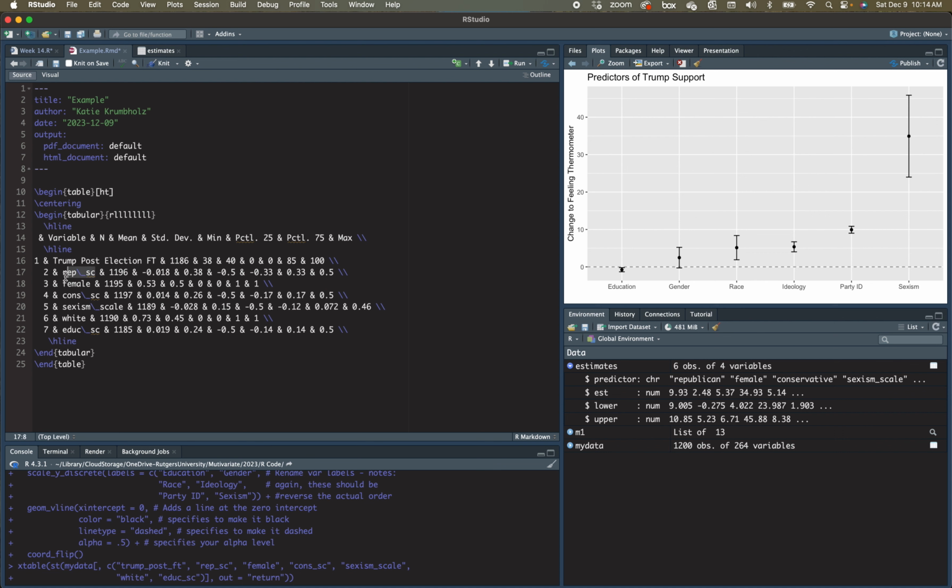And change this here to party ID and sex and ideology and sexism scale and, actually, maybe call this race dummy. And education. Now if I knit it again,